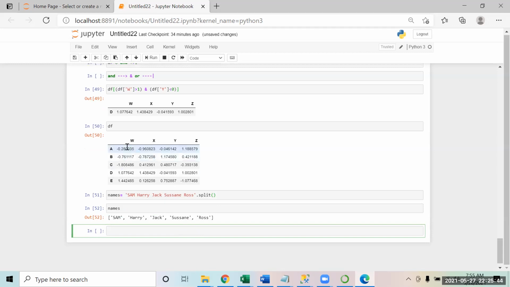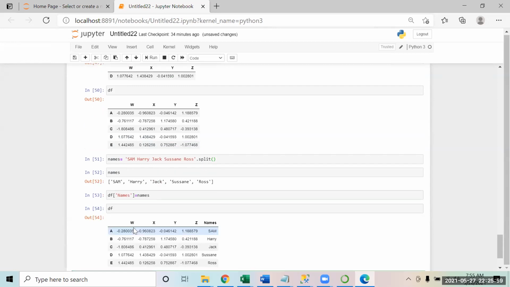So in this data frame that I already have, I'm going to add that. I'm going to say df, I want to add a new column. Let's call it names, equal to this variable that I have created. So now if you see, my data frame has been updated. I have the numerical data also, and I have the character data also. So you can add data of multiple types as well. So now you can try it. I hope this function is clear to everyone, right?